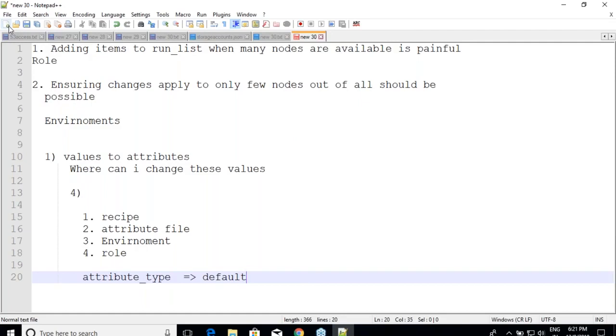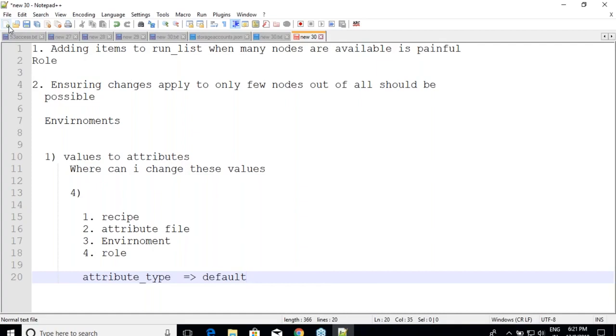So apart from default, there are some more attribute types, right? And basically we have attribute types, we have places where we can define attributes. So there are approximately 4 to 5 attribute types, and 4 to 5 places where you can define attributes. Now if you have these many combinations, it will be difficult.